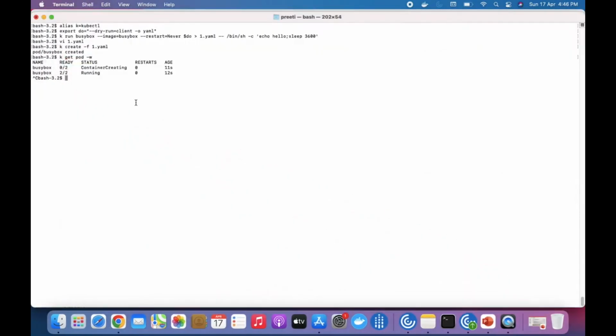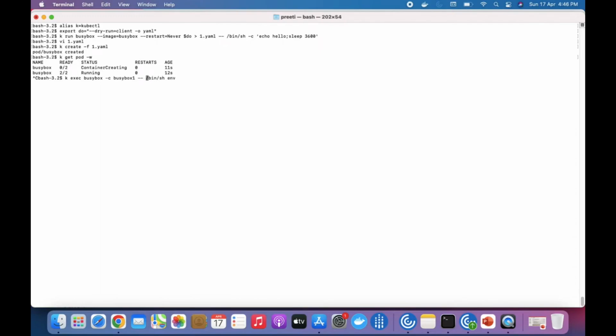It's an exec command. So k exec, busybox is the name of the pod, then the container is -c container busybox. You remember the second container is busybox1, which we have given the name busybox1, then -- /bin/sh. We will be running an env command inside the busybox,